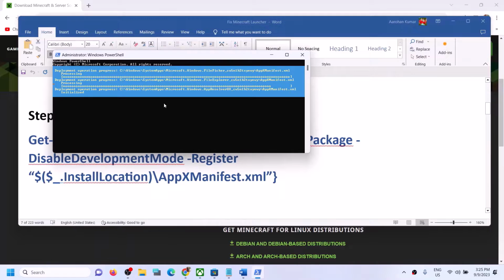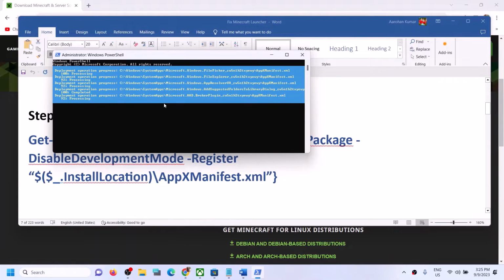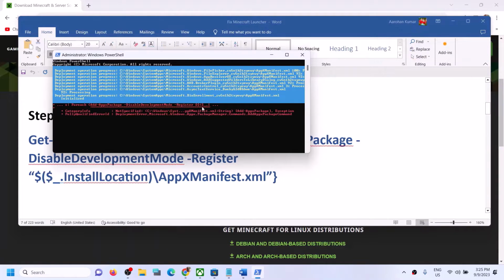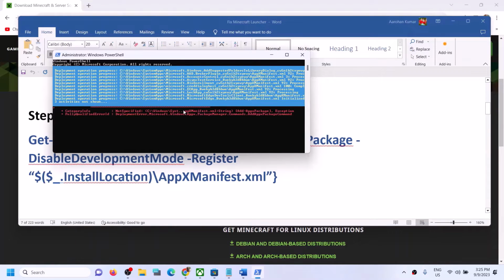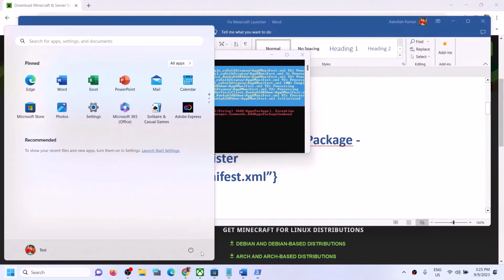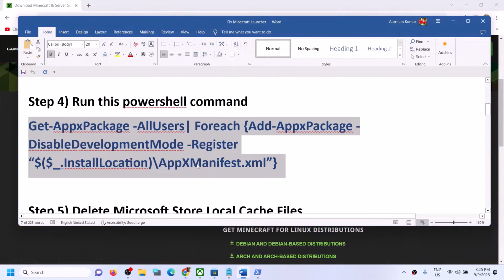Now this process will take some time, and during this process you will see some errors in red color. So if you see any kind of errors in red color like this, just ignore it and let the process complete. Now once the process is complete, you can restart your computer and then try to install Minecraft launcher. Now if you are still unable to install,